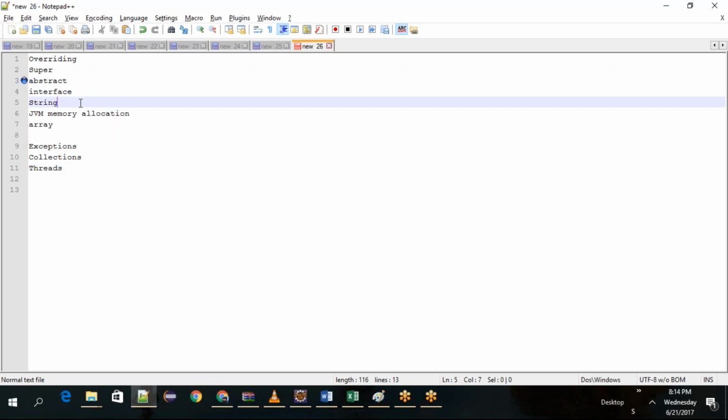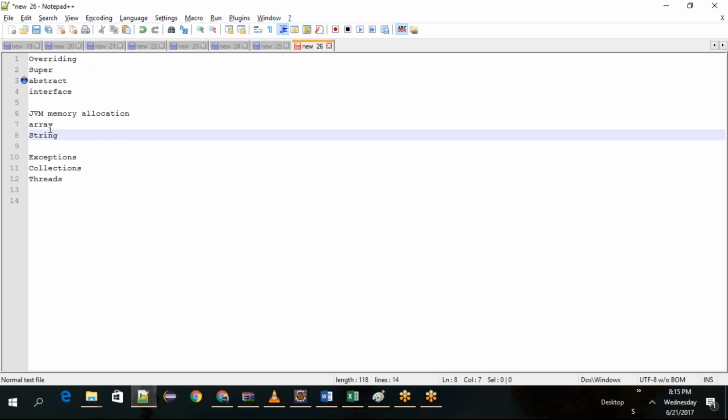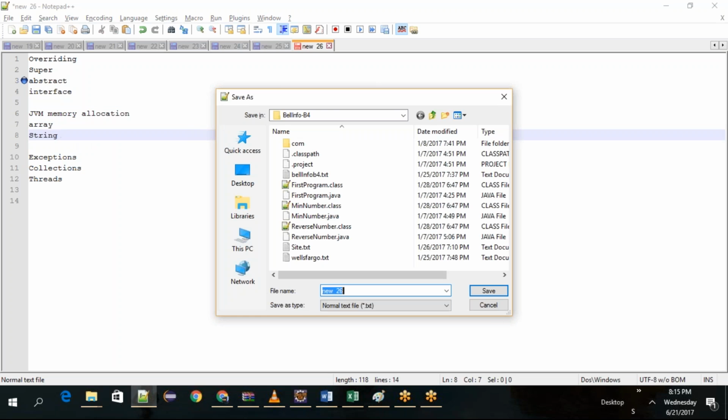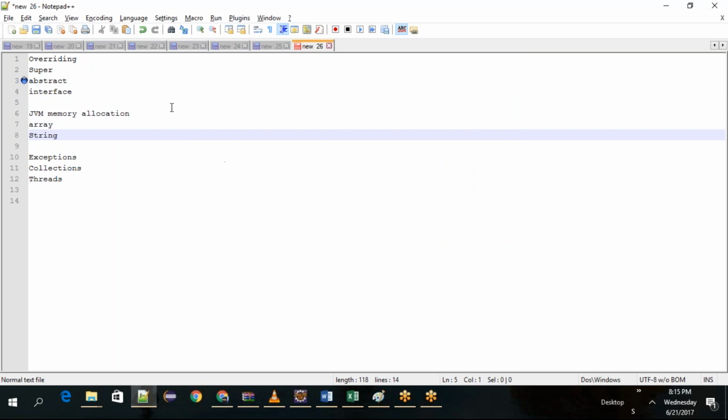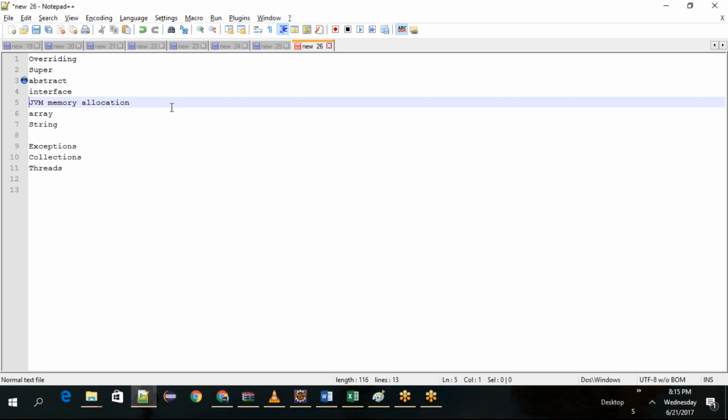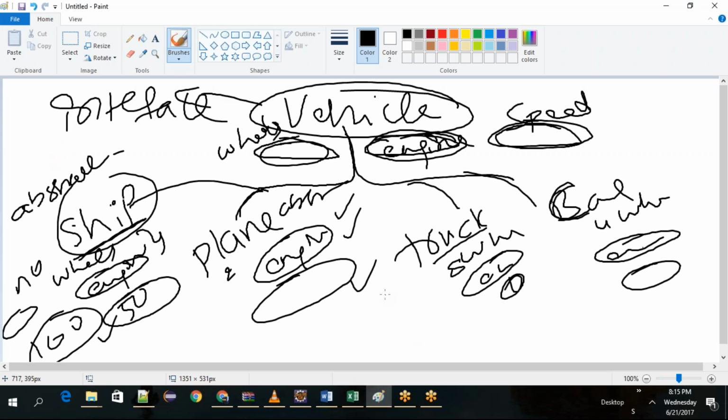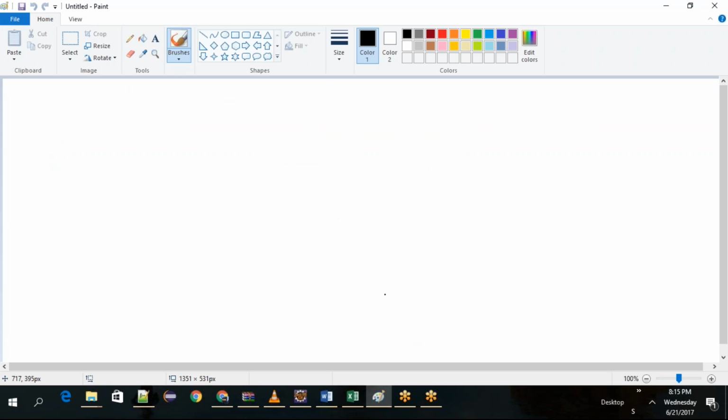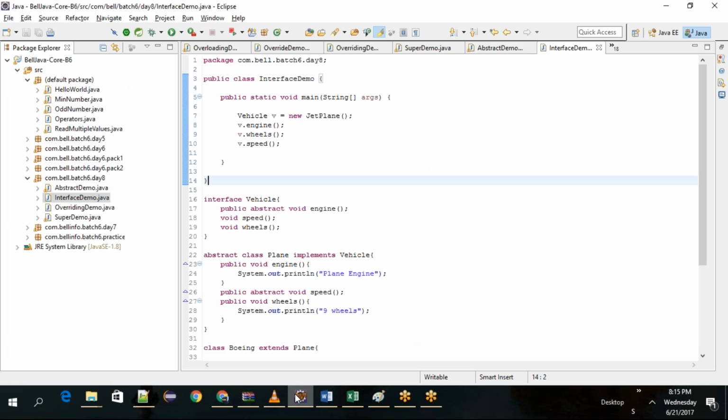Okay? Let's move on. So now let's talk about JVM memory allocation. We kept this concept pending, right? If you have a little bit of an idea, we talked about this concept a little bit, but we haven't gone through it in detail. Okay, so let's say